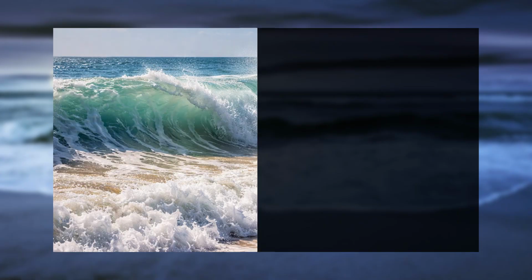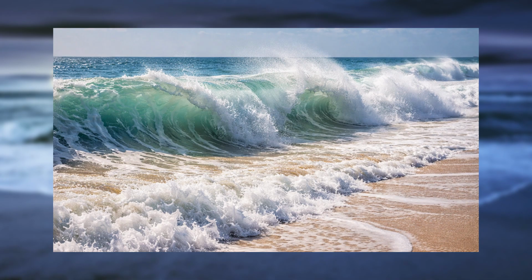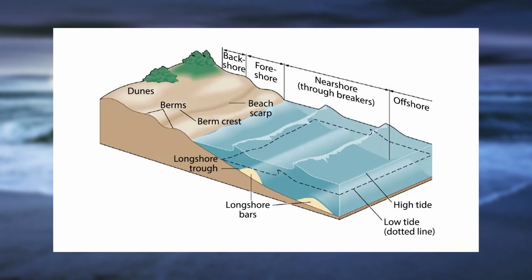To understand how powerful breaking waves can be, a wave only 1.2 meters high can release energy equal to 50 million horsepower when it breaks. The area near the beach where waves keep breaking again and again is called the surf zone. This is where you see a lot of foamy water, rolling waves and strong currents. It is the zone where most beach activities and surf action take place.